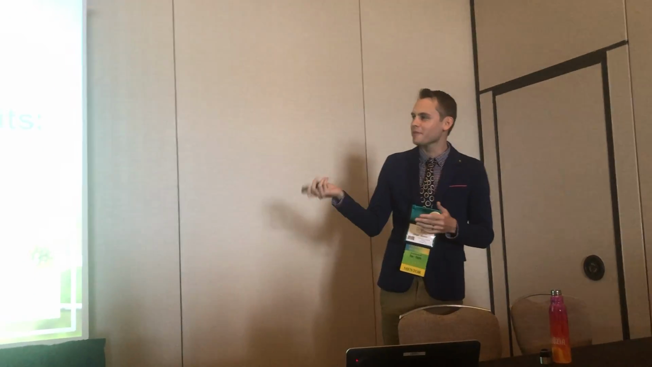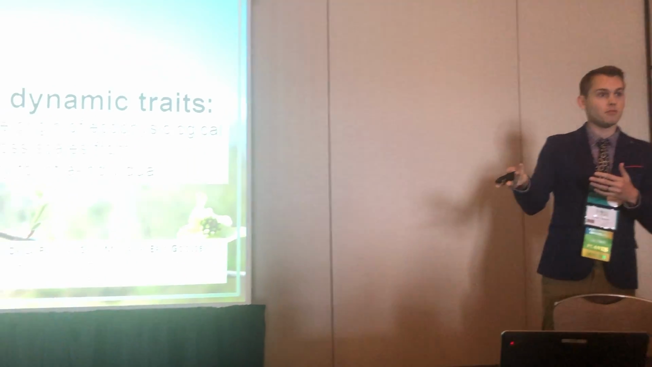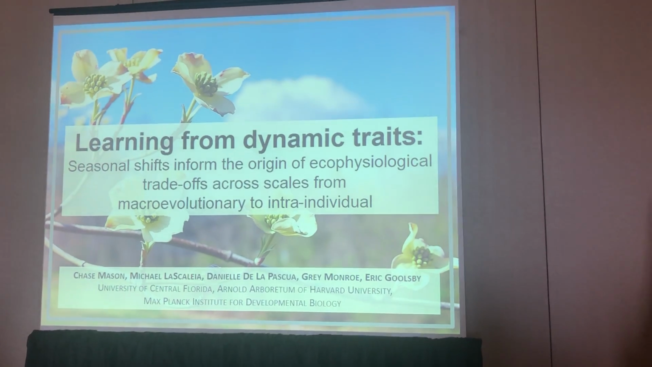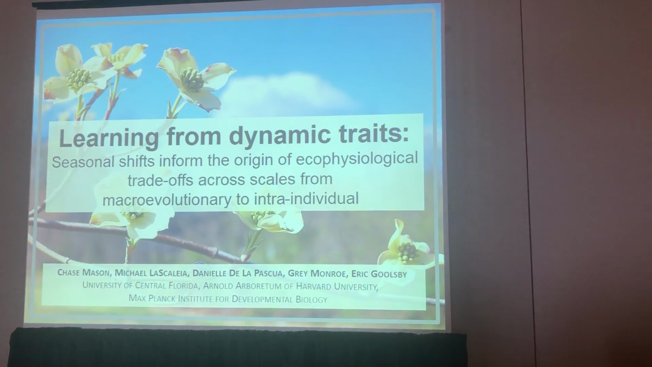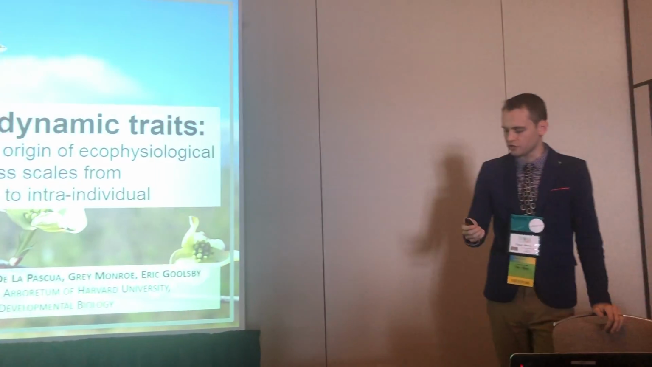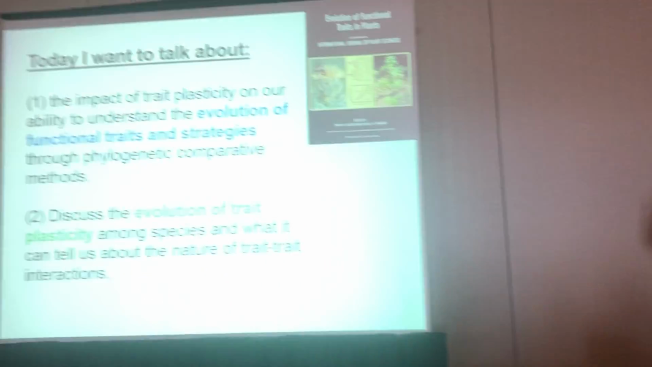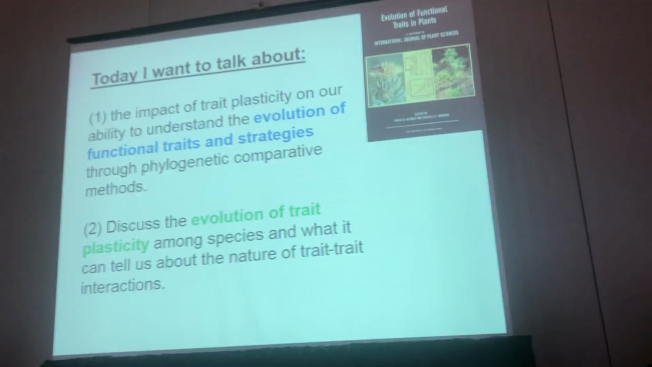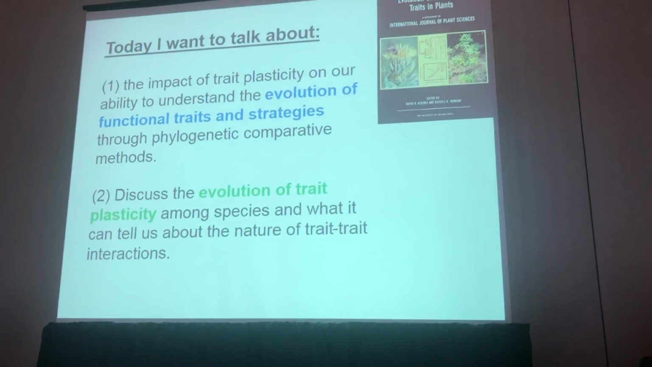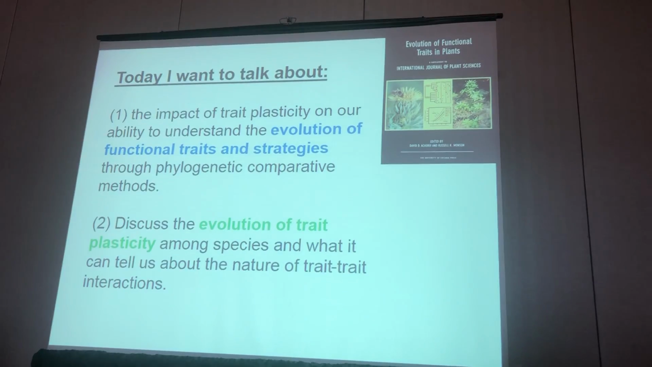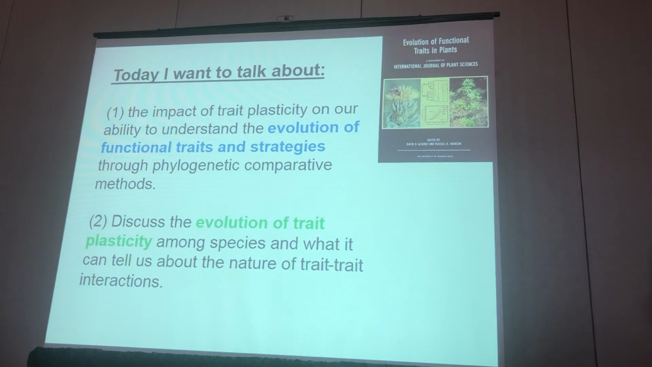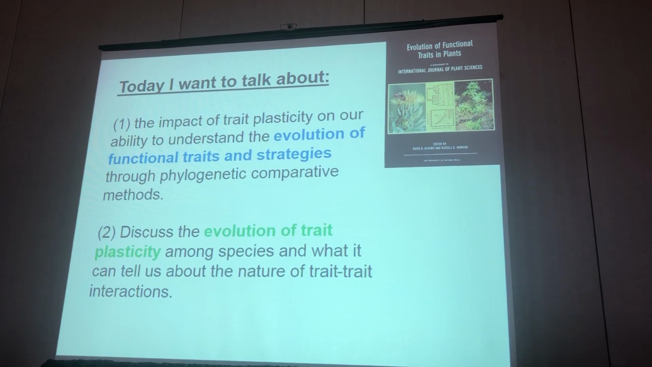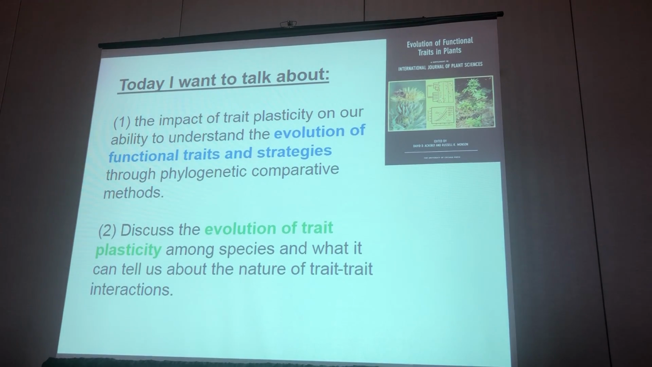Next, I'm going to be talking about, kind of playing on the plasticity theme, taking maybe a different scale of inquiry. I'm going to be talking about ecophysiological trade-offs across scales, kind of marrying the intra-individual plasticity up to the macroevolutionary scale. So today, like I just said, I want to talk about the impact of trait plasticity on our ability to understand the evolution of functional traits and strategies, especially using phylogenetic comparative methods, and then also the evolution of trait plasticity among species and what it can maybe tell us about trait-trait interactions. So that's sort of my goal, kind of those two themes from that original special issue back in